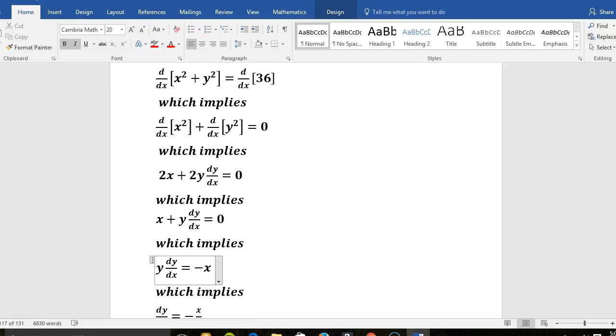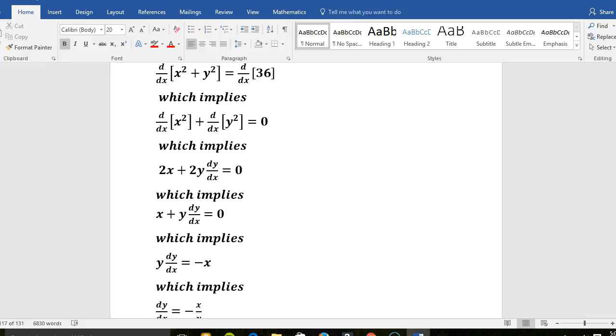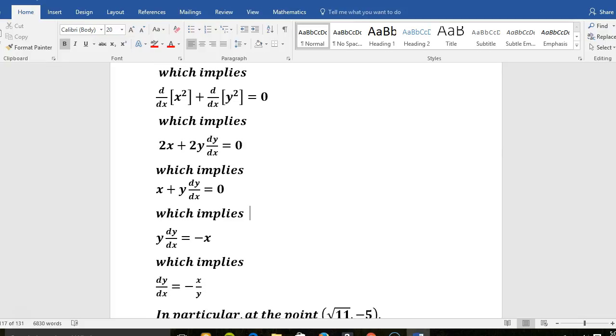Now, if y was 0, we would not be differentiable because we would have a vertical tangent. What that means is you would be on the circle, and your tangent line would be totally vertical. It'd be infinitely steep. So dy by dx would be negative x over y, and it'd be undefined when y is 0. But anyway,